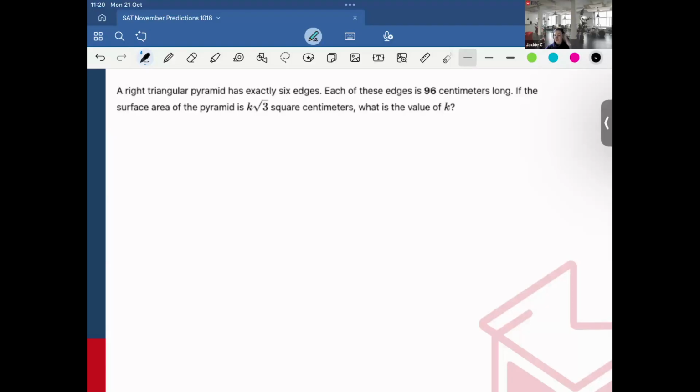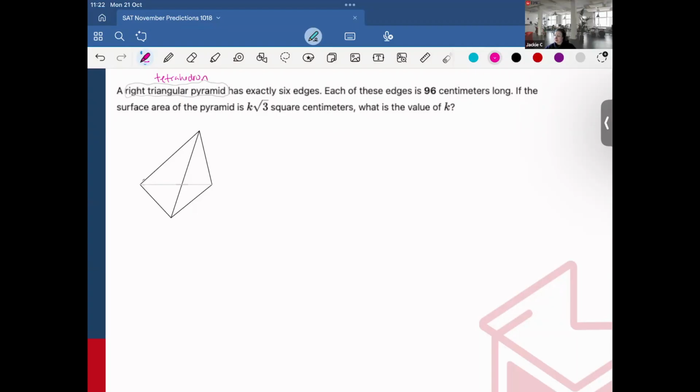So it says a right triangular pyramid has exactly 6 edges. Each of these edges is 96 centimeters long. If the surface area of the pyramid is k root 3 square centimeters, what is the value of k? Okay, so this actually, I feel it's defined wrong because technically it's a tetrahedron,